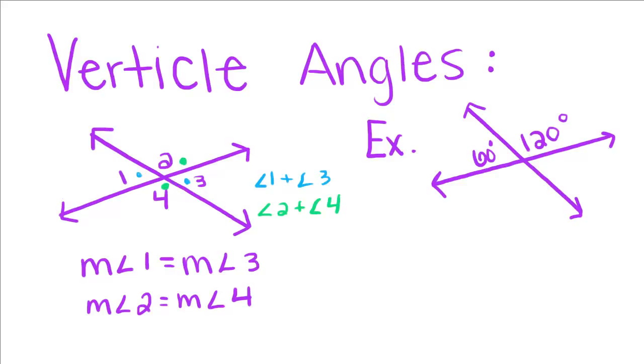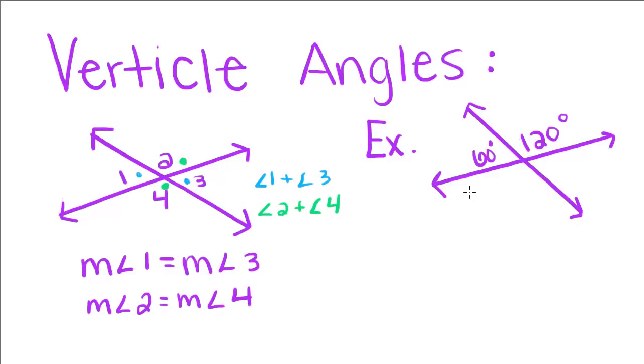So vertical angles are equal to each other. So the measure of this angle equals the measure of this angle, and the measure of 2 equals the measure